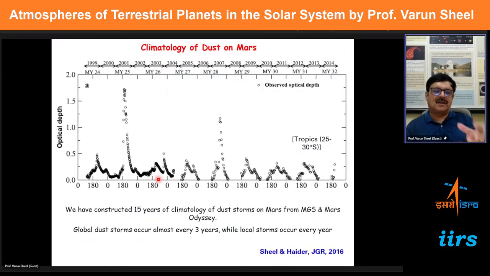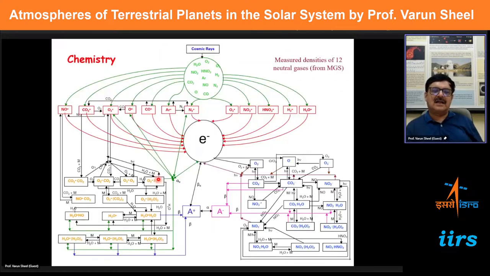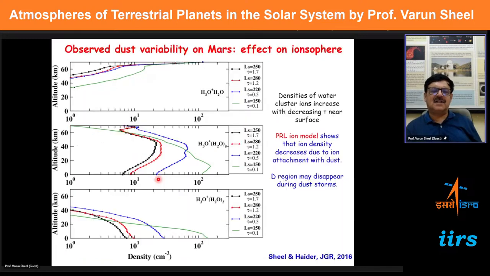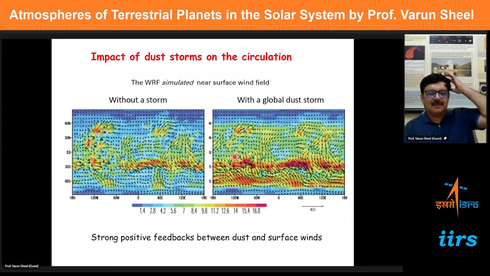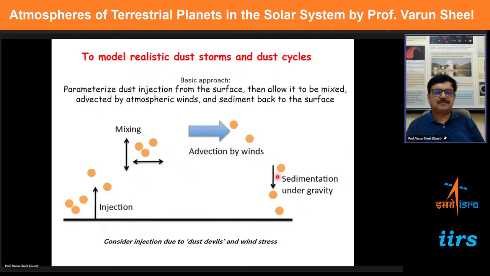We have taken into account the interaction of dust with the ions, and developed a very complex chemistry here. And we have shown that this dust can, in fact, destroy the entire ionosphere during a very intense dust storm. So, lots of theoretical calculations have gone into this, but we still have to make many observations regarding this, because it's difficult to measure when the storms are there. And in fact, models have also shown the impact of dust storms on the circulation. The storms are so intense that it completely changes the circulation patterns on Mars, the wind circulation patterns.